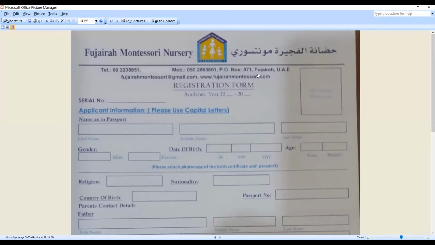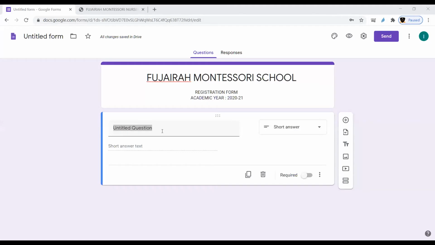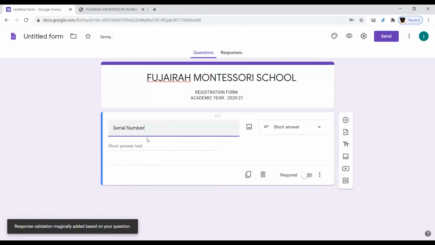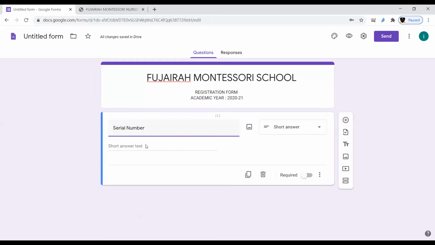So here first is serial number. So here write serial number. For serial number, this is the space given. Now you have to go for the second field, the next field.